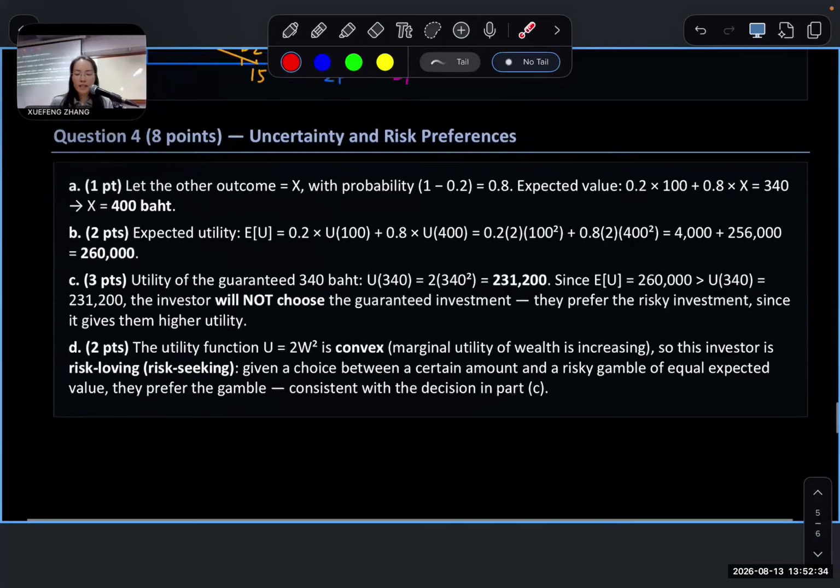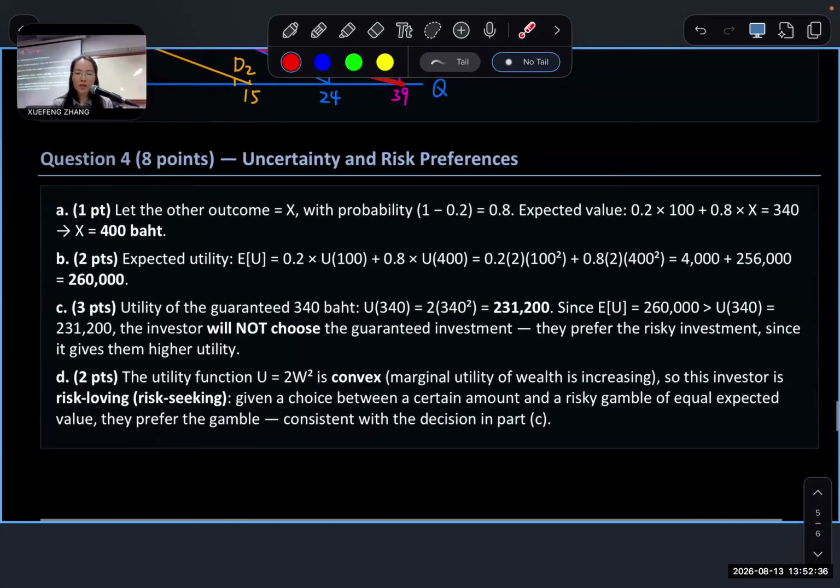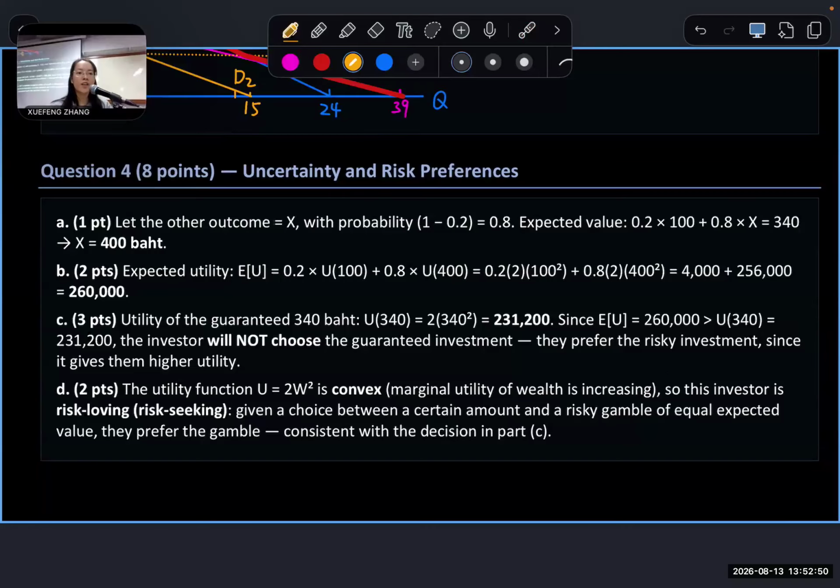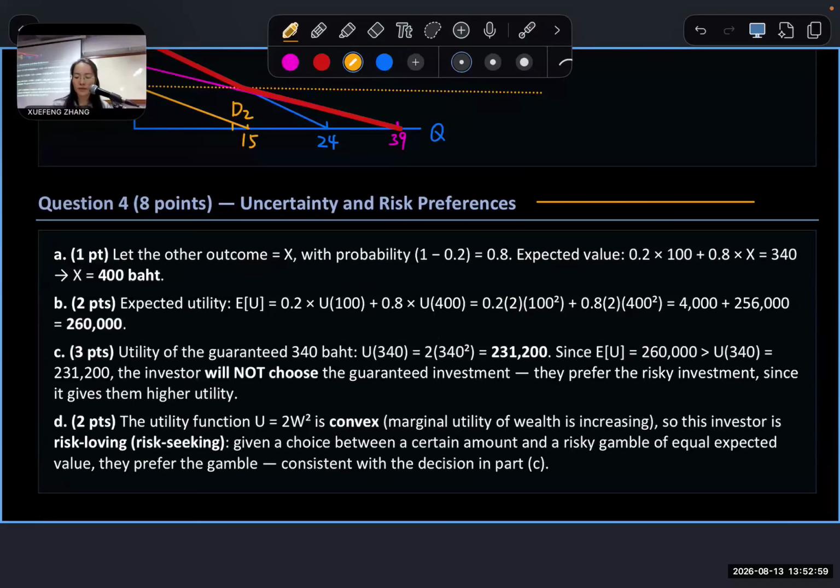Okay, let's continue. Question 4. This one is also similar to your homework. What is the question? There is a risky investment with 340 baht with the probability